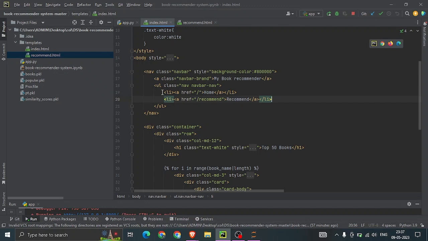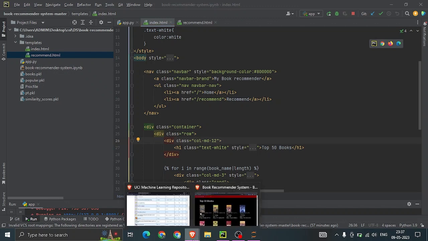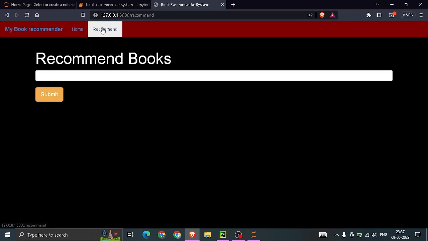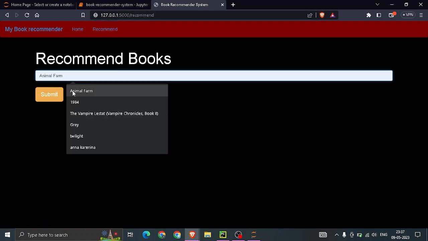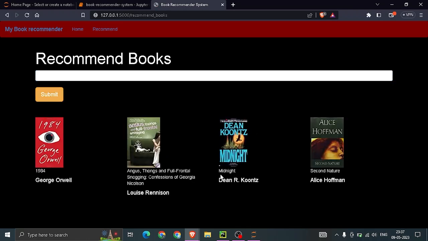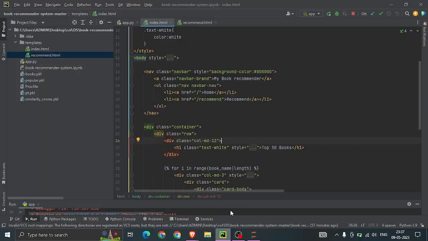Using the list, on our page we can see home and recommend. These two are the functions which we are going to use, because home shows the top 50 books, and using the recommend button we are going to see what books are recommended for whatever input is given.